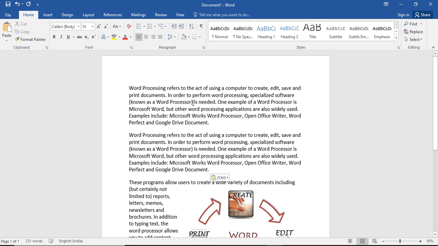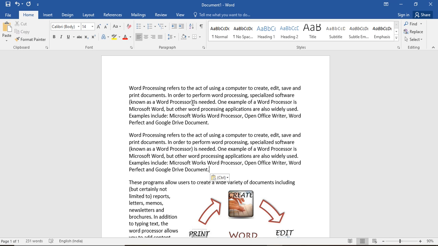Okay, so for copying, firstly we have to select the text that we want to copy. After selecting, either we'll use the copy option or we can use the shortcut Control plus C. And after that we'll move the cursor to that location and press Control plus V. Okay, so the second operation is copying the text.